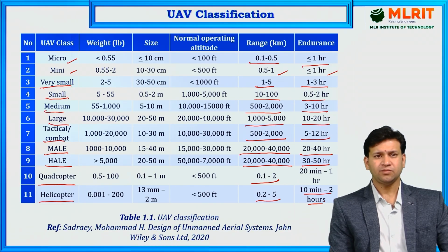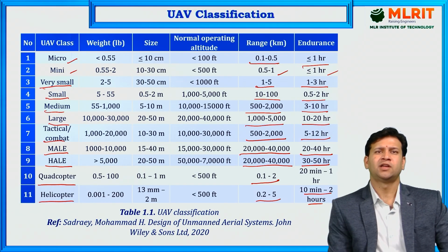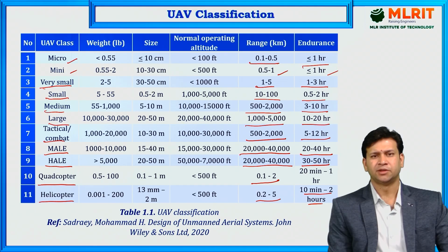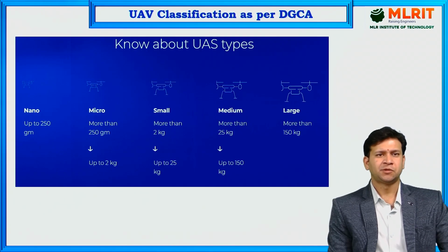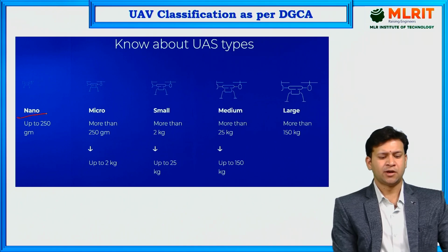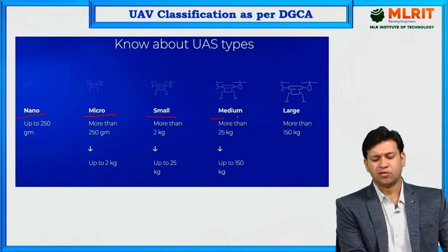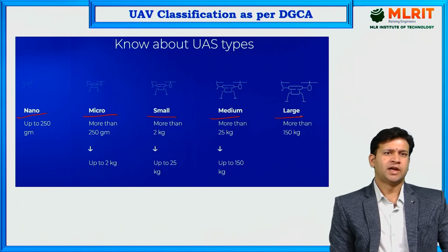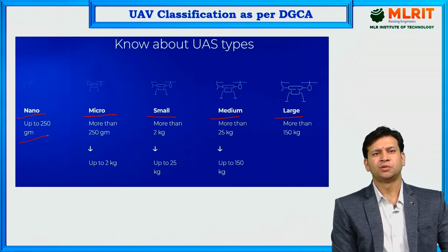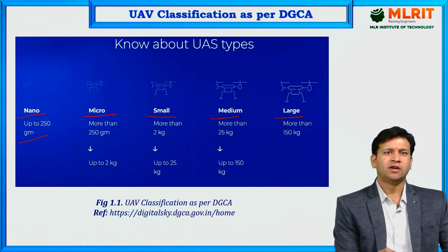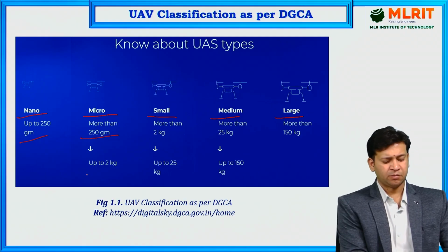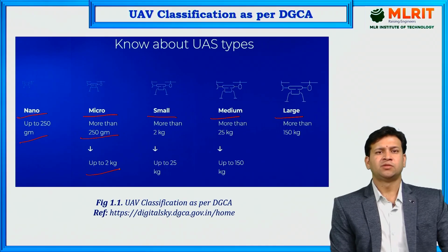So these are unmanned air vehicles classified based upon weight, size, normal operating altitude, range and endurance. As per DGCA, these unmanned air vehicles are classified into the categories nano, micro, small, medium and large. Nano drones will weigh up to 250 grams with a maximum takeoff weight of 250 grams, and micro class unmanned air vehicles will weigh more than 250 grams and up to 2 kg with a maximum takeoff weight of